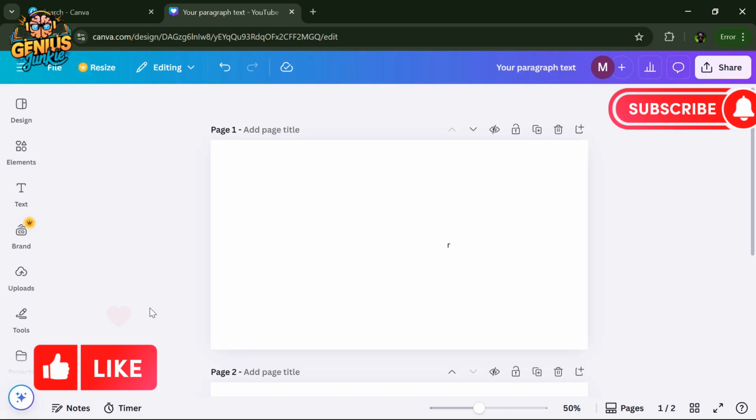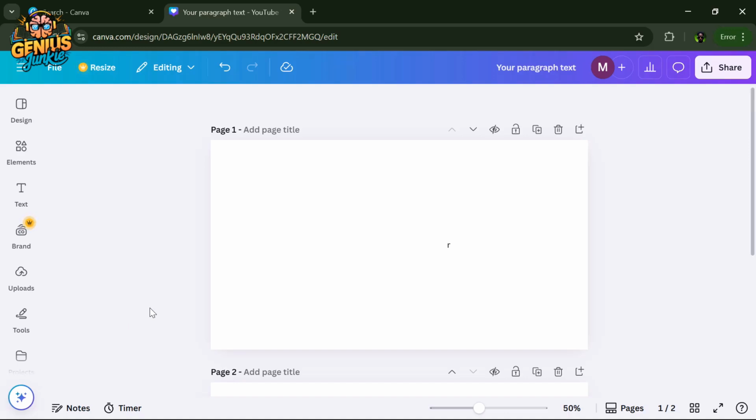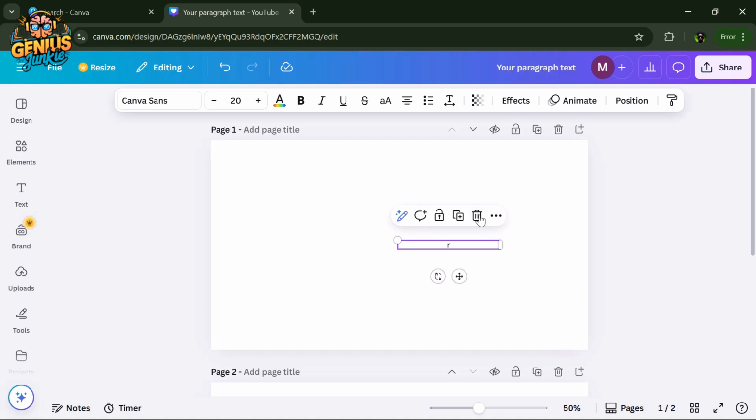How to use frames and grids for faster designs in Canva. So guys, you want to make your layout super fast in Canva. Let's use frames and grids on PC. So I already have a design opened up on Canva. You can go ahead and open up your blank canvas or your design and simply make use of it for